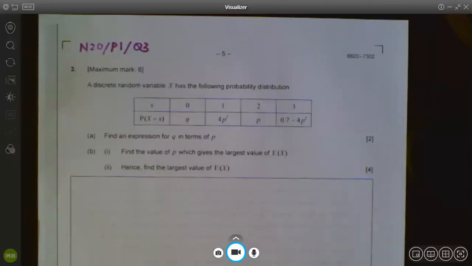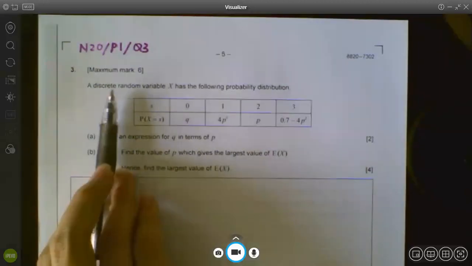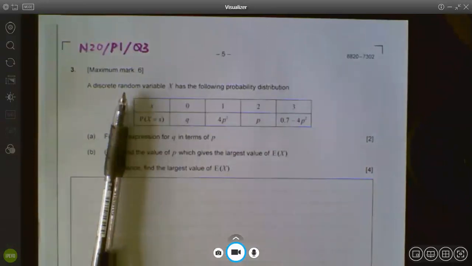Hello students, in this video we will discuss the question from November 2020, paper 1, question 3. This is a question on discrete random variable under the topic probability. In order to attempt this question, you will need to know